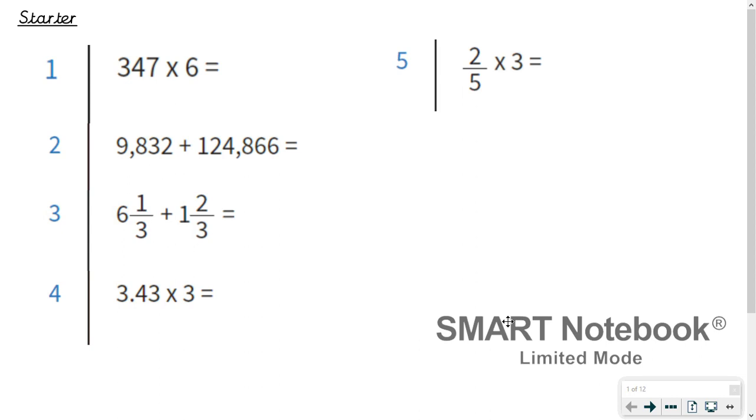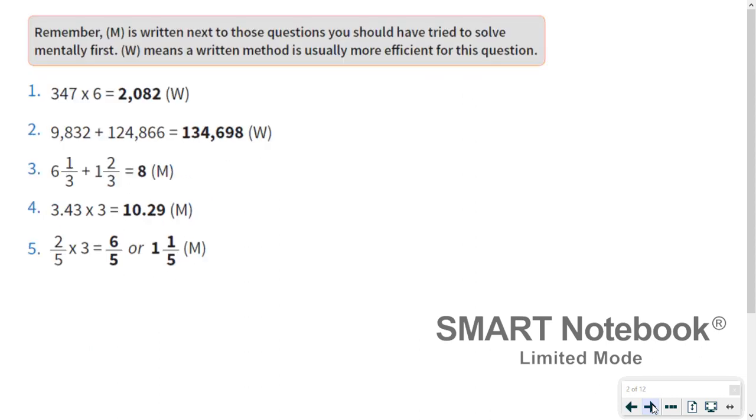Brilliant. So let's go and talk through these answers. So first one, 347 times 6 was probably written. I don't know my 6 times table that high. It was 2082. Second one was again written because it's a bit of a big addition, but it was